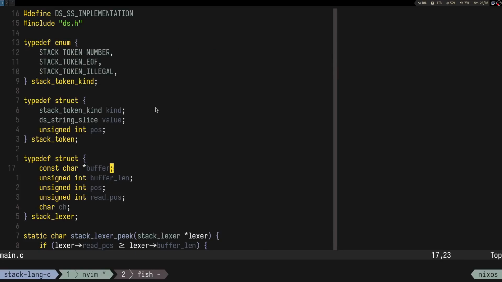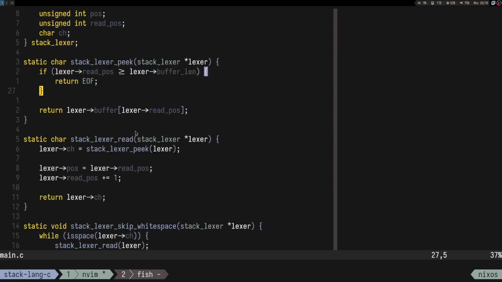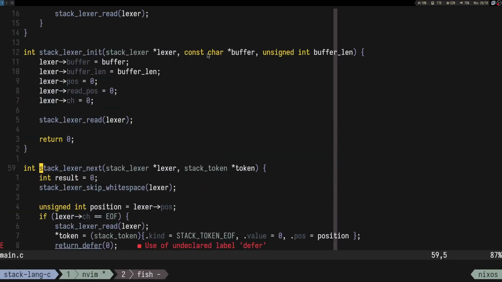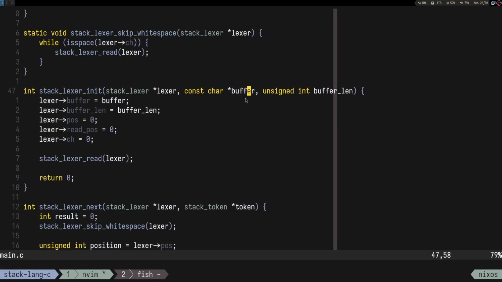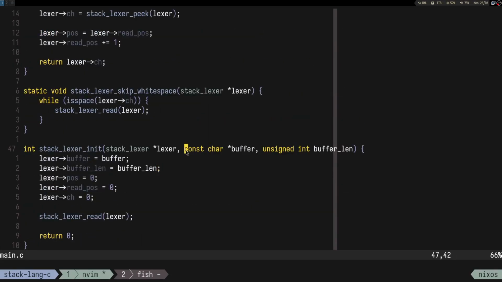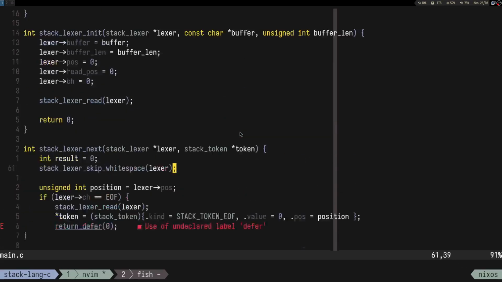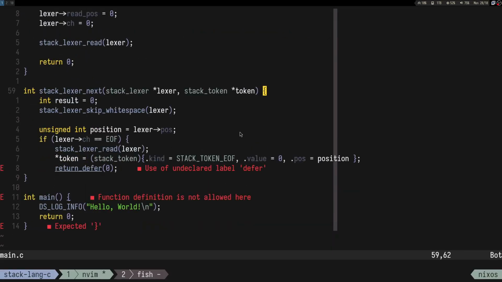Well, if you watch the JSON video, you'll notice that sometimes we were allocating strings and we weren't really able to free them for some reason. So a string slice is actually a pointer into the input buffer, so we don't allocate any memory for this one. I would say it's not that safe, because if you free this buffer, then this is just garbage. But at the same time, it's the reason why I would say C